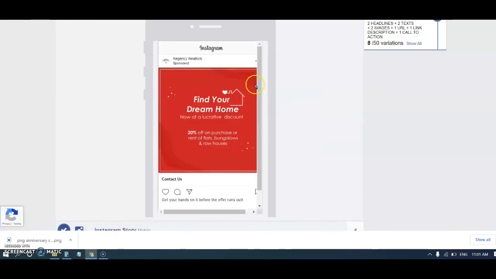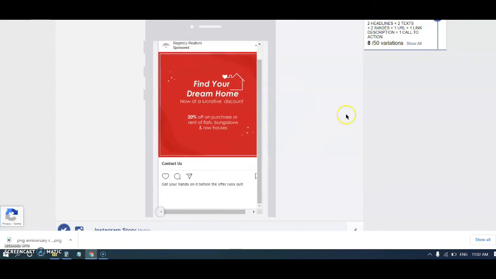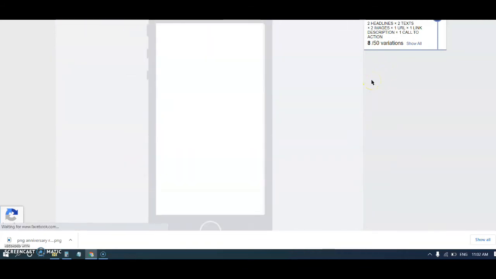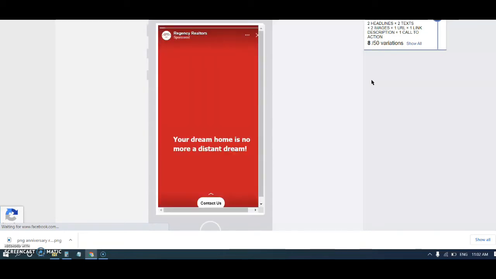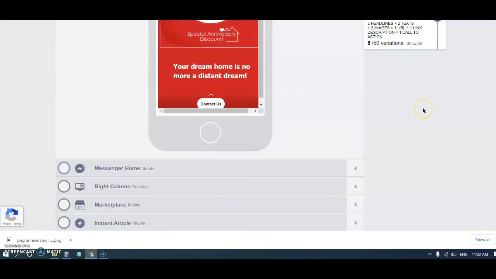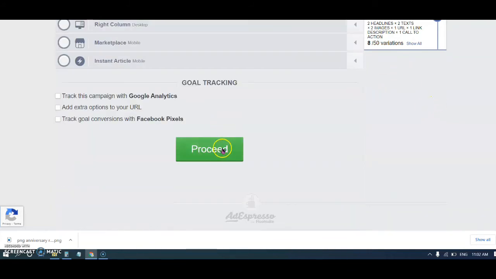This is how my ad will look on Instagram feed. And this is what it will look like on Instagram story. So all this looks fine to me. I'm going to go ahead and click on proceed.